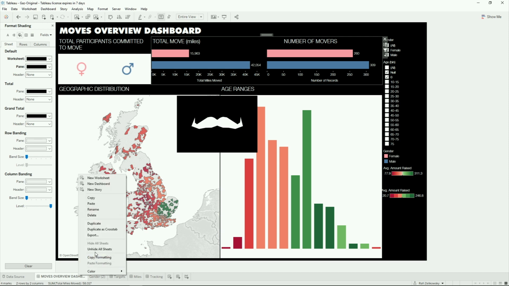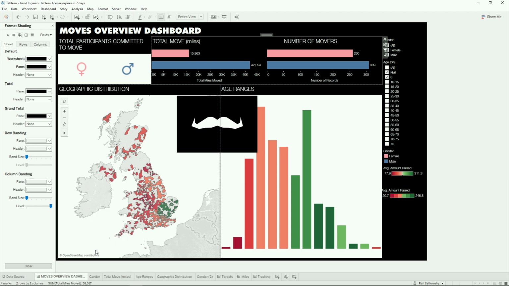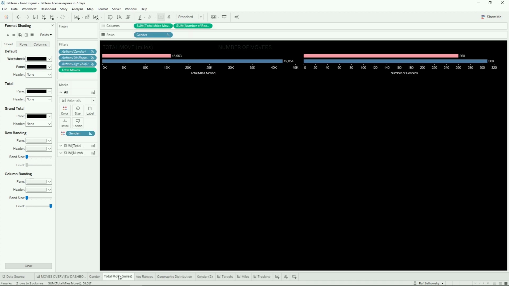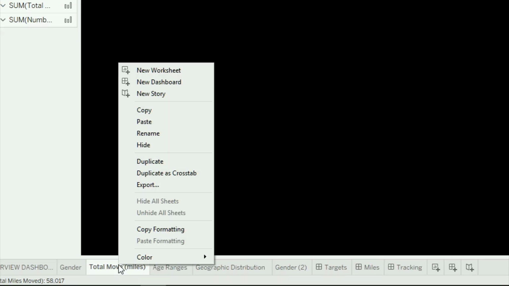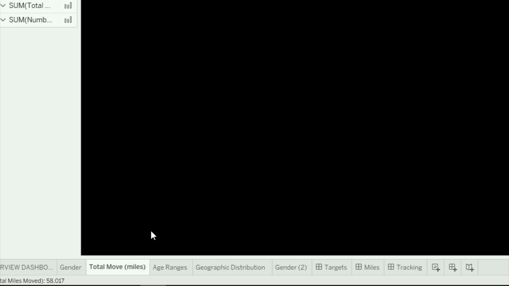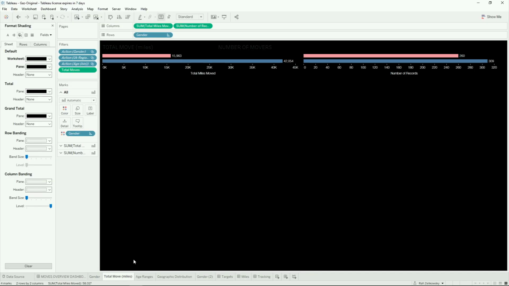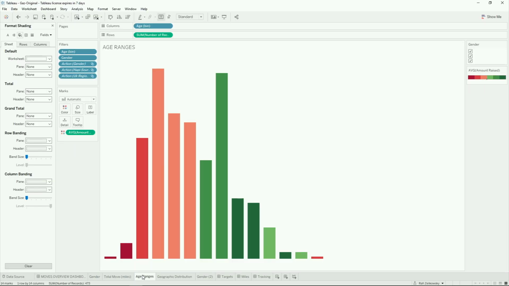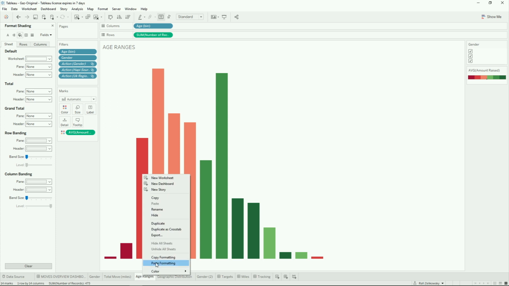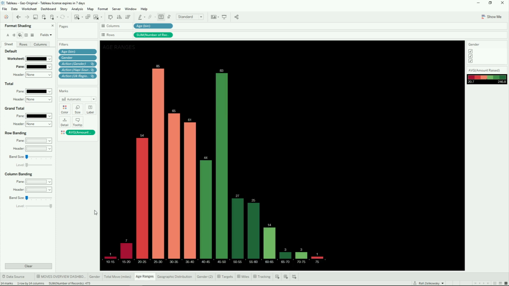And if I go ahead and unhide all of the worksheets that are on my dashboard and go to the sheet that I just formatted, I'm going to use a little trick called copy-paste formatting. As soon as I select copy formatting and I go to my next sheet over, if I right-click and say paste formatting, then Tableau is going to apply all those changes that we made on the sidebar on the original sheet to the new worksheet.